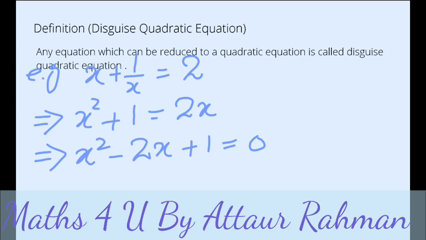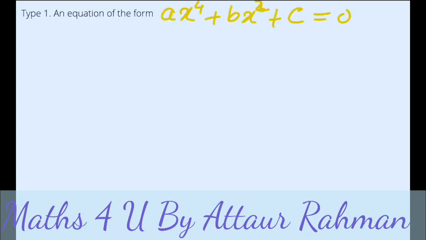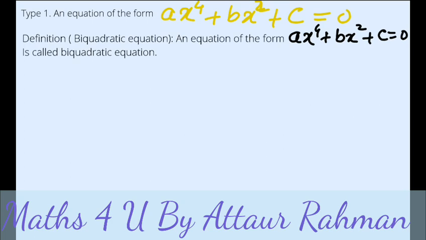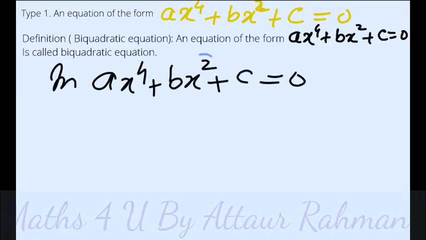of the disguised quadratic equation, and that is what we call the biquadratic equation. A biquadratic equation is an equation in which a 4-degree polynomial is equated to 0. That is, ax^4 plus bx square plus c is equal to 0 is its standard form. So whenever you are facing such a type of equation, always set x square equal to another variable and then square it, and put those two values in the given equation to reduce it to the standard form of a quadratic equation.